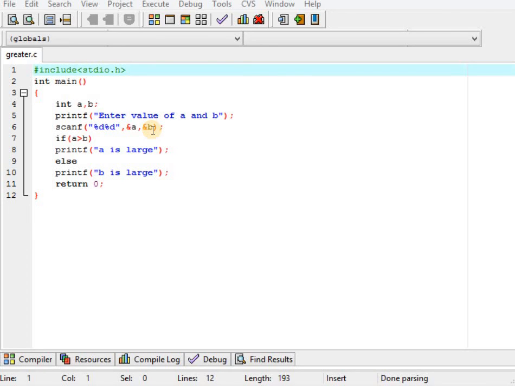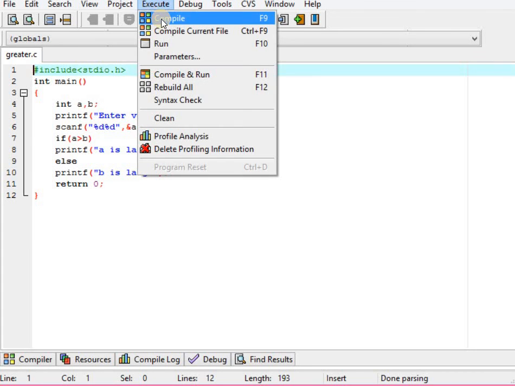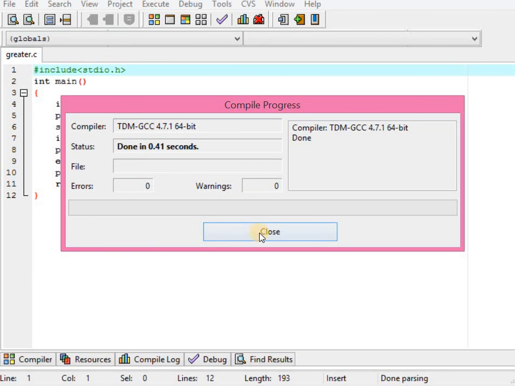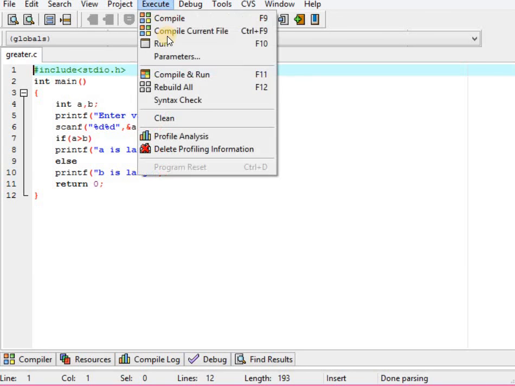For the user to put the value, that's why we use scanf. A condition is given, a is greater than b. If a is greater than b, a is large is printed. Else, b is large is printed. Compile the program. No error. Run the program.